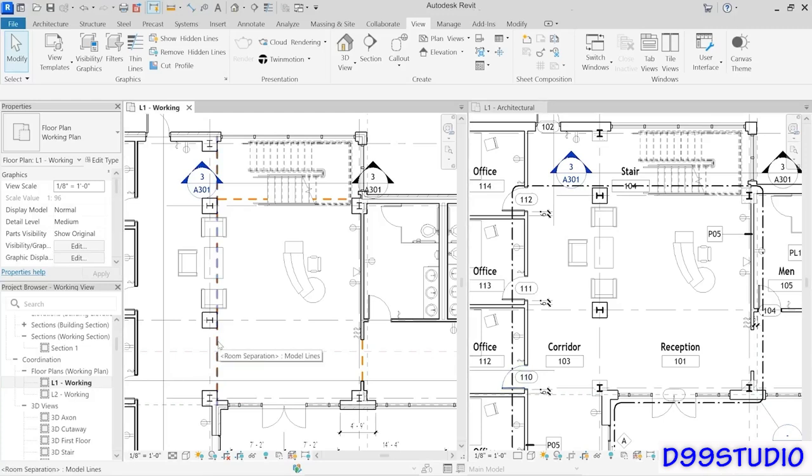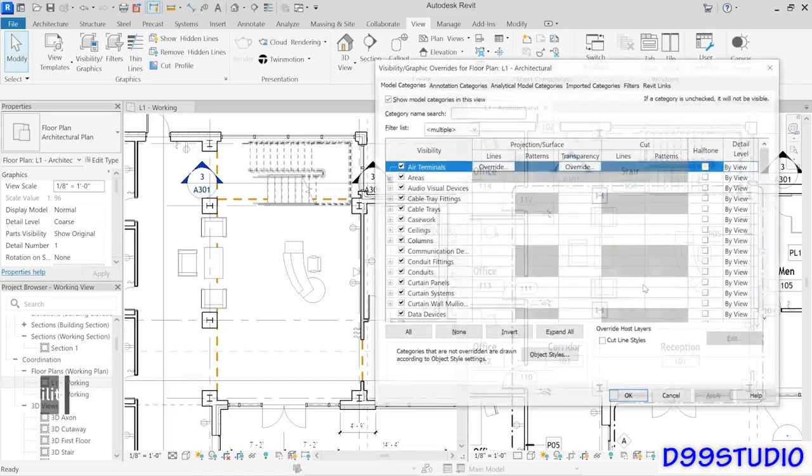So should you need to make some modification to the shape of your rooms, you could do so in the working plan. The rooms will update accordingly, and the main floor plan doesn't need to display them. So that's an example of having a category turned off in one view and on in the other for practical reasons. Now, just so you know where that setting is that we just did, you can go to Visibility Graphics,